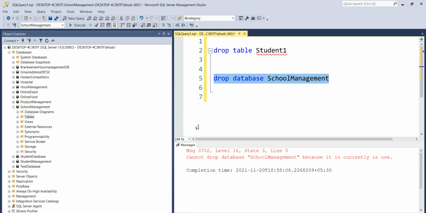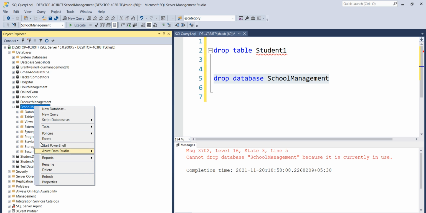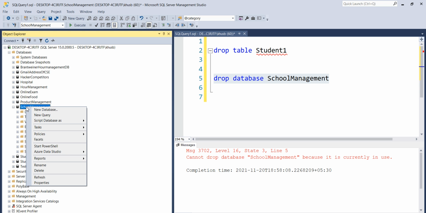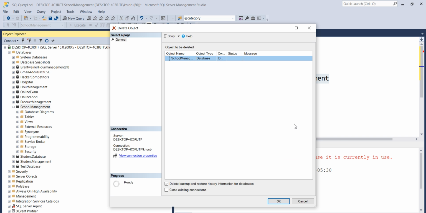Okay, in Windows, sometimes it is not going to execute, but from the design side you can do this here, delete. You just need to right click on this school management database, click the delete option, and click on close existing connection. We have just written some queries, right?